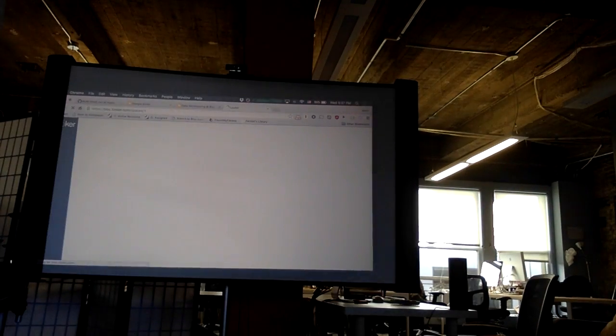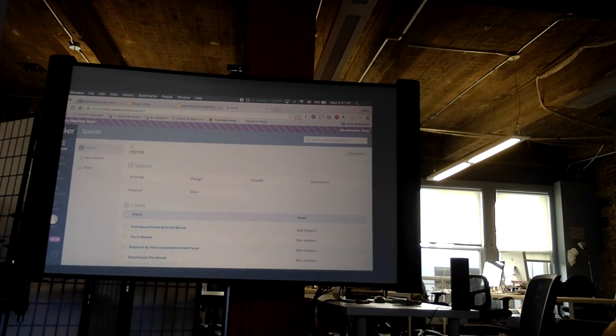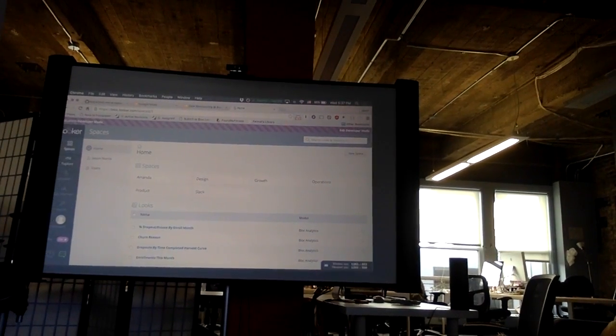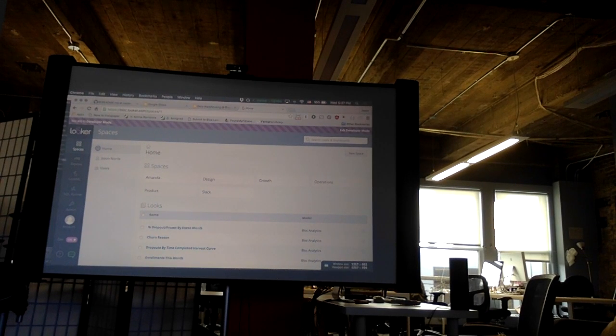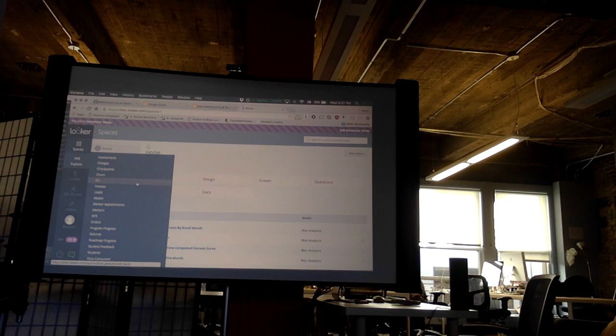But this is primarily the way that we interact with this stuff. If you go into the Explorer here, Looker has its own window, but you can basically think of Explore as